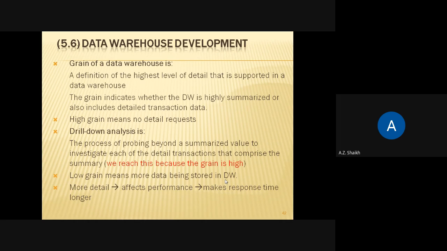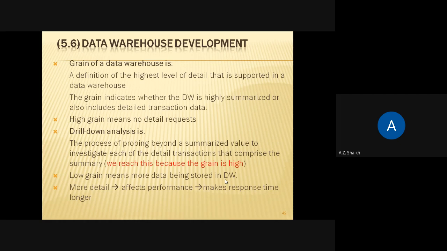As I told you, for rice, how do we test rice? We test rice from one grain. So one grain gives us the information of the whole rice, right? When we cook a vegetable, we taste a small drop of it. So it will give more information about your whole vegetable and whole recipe. It gives us the whole information. So likewise here, if there is one grain which gives more information about the data, then by applying drill down analysis you will be able to extract more data from the data warehouse.